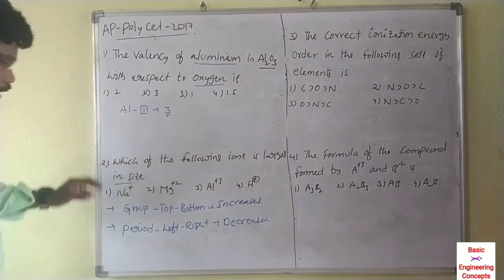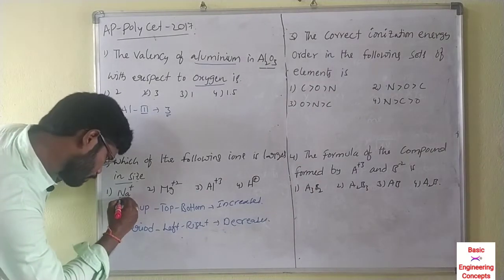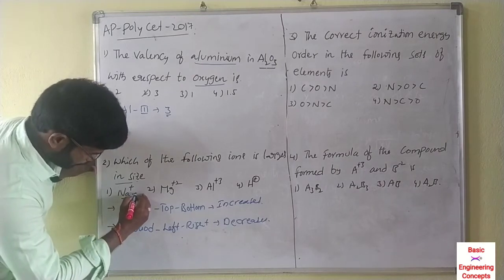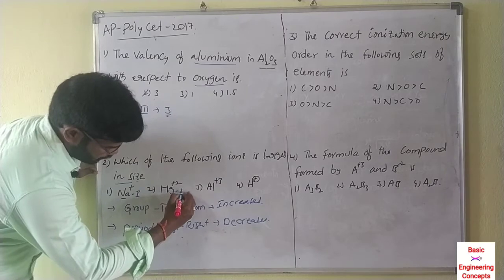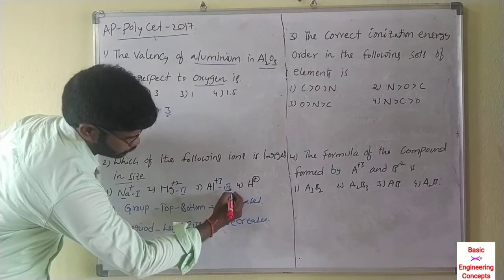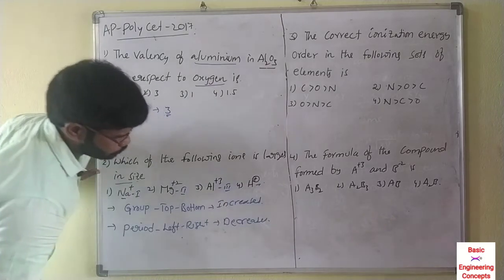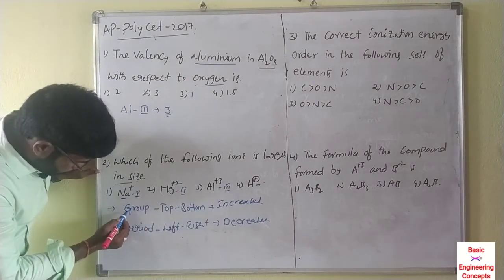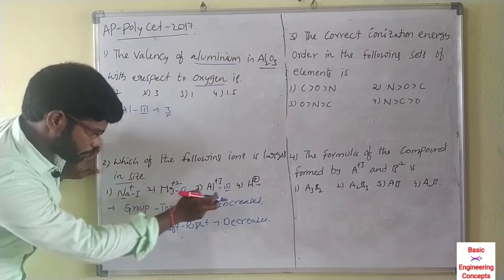Now I will find out which group every element belongs to. First, sodium plus: this is a first group element. Magnesium is a second group element, Al3+ is a third group element. Hydrogen is first group, but we do not need to decide that here. Sodium first group, then second group, third group.